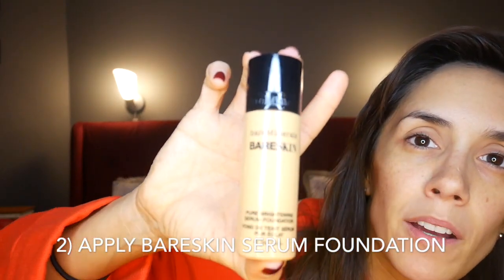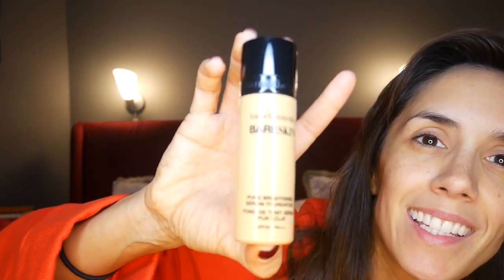It's the Bare Skin, there it is, and it's called the Bare Skin Pure Brightening Serum Foundation. Now I love using this because it feels really light on my skin, and again, because it's more of a serum foundation, it's a lot oilier and softer, but you don't feel oily. It just goes on much lighter on your skin. So you make sure you really shake it,